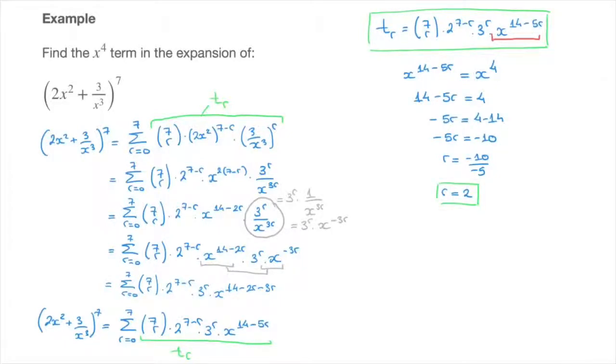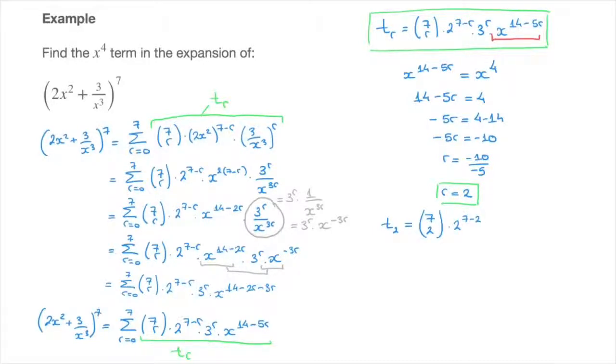And now we can state that the x to the power of 4 term corresponds to the general term when r is equal to 2. And so all we have to do now is copy this general term and replace every r that we see by 2. And that would be T_2 equals the binomial coefficient 7 choose 2 times 2 to the power of